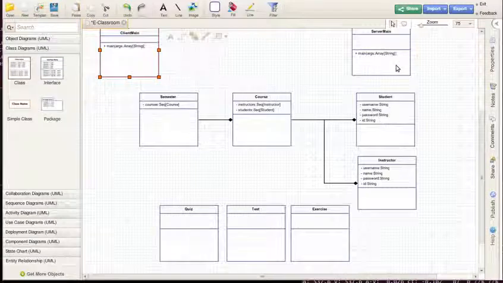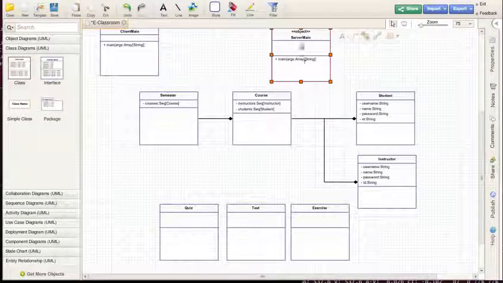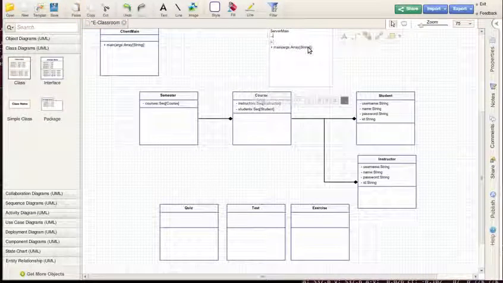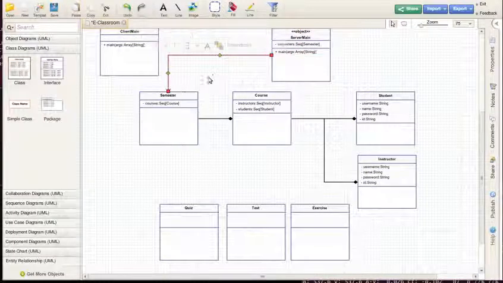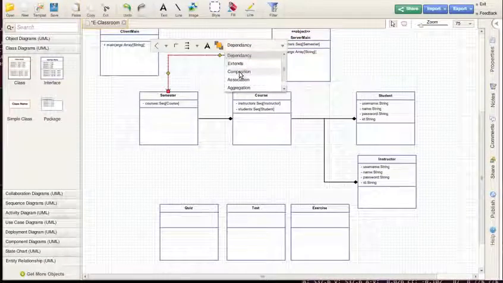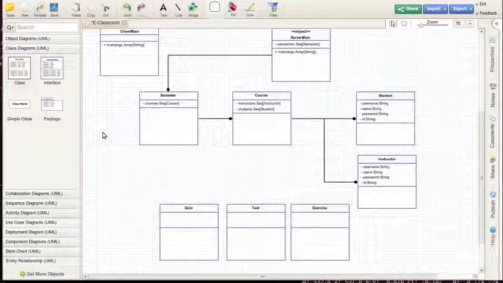I'm realizing here that our server is probably going to keep track of all of the different semesters, which will then be a sequence of semester, and then of course that means that it connects to there as a composition. So it is composed of semesters along with other information,